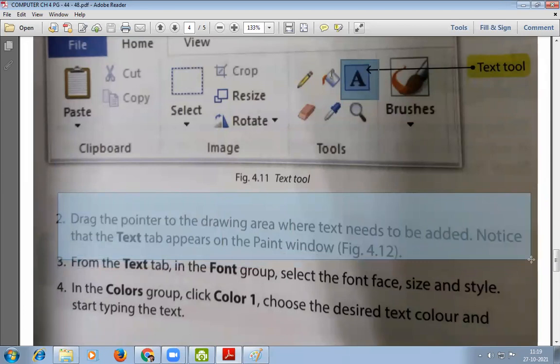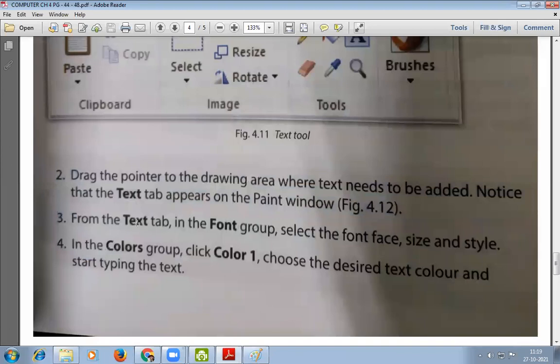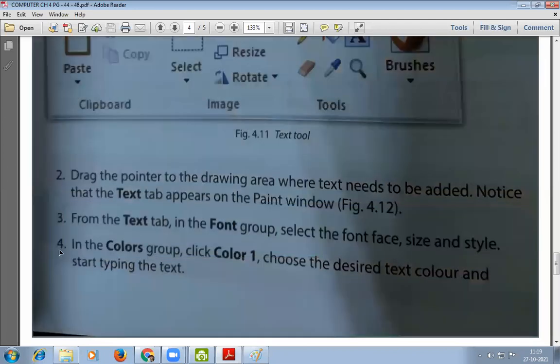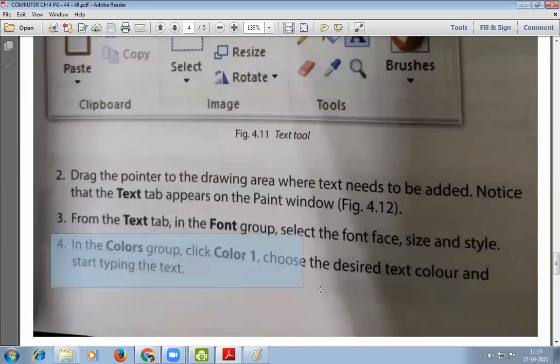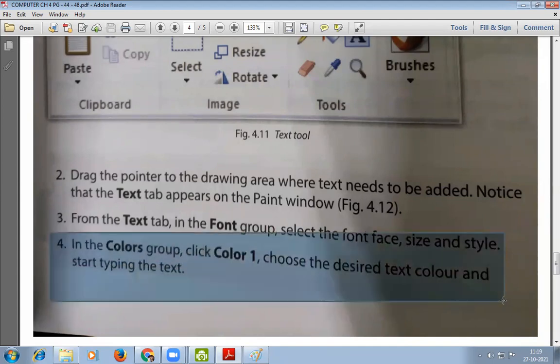Notice that the text tab appears on the Paint window. Third, from the text tab in the font group, select face, size, and style. Next, in the colors group, click color 1, choose the desired text color, and start typing the text.